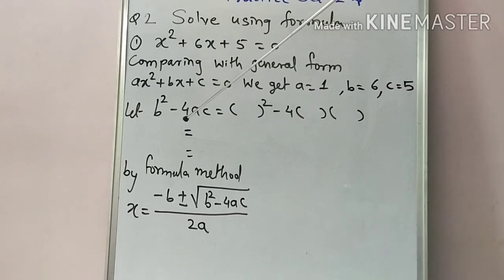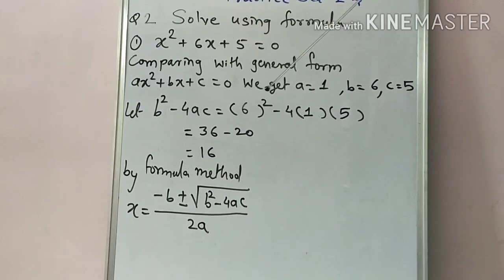Okay, b square minus 4ac, we solve this first and we directly put that value in the formula. Okay, or you can substitute the values of a, b and c directly in the formula, but it's quite easy, as you get the value of the discriminant first and then you substitute the value of b square minus 4ac directly in the formula. Okay, so put the value of b square in the first bracket minus 4 into the value of a into the value of c, and do this operation and get the value of b square minus 4ac.